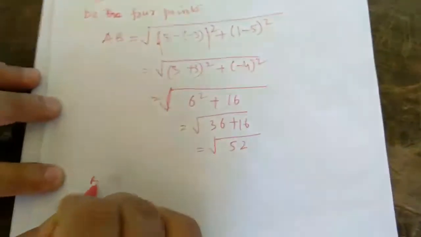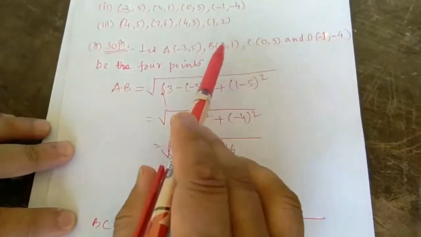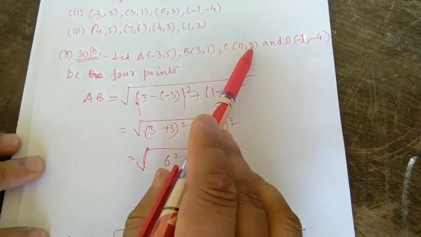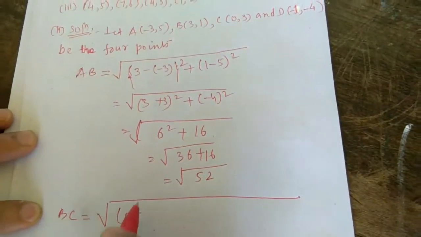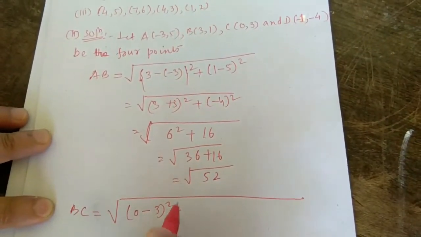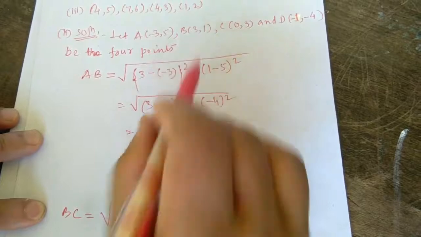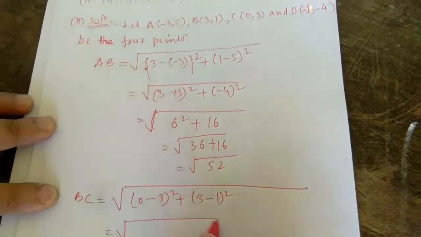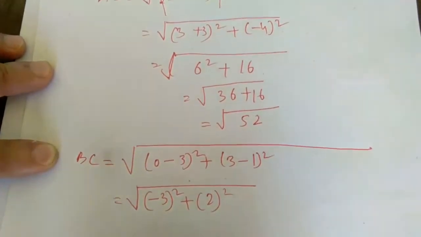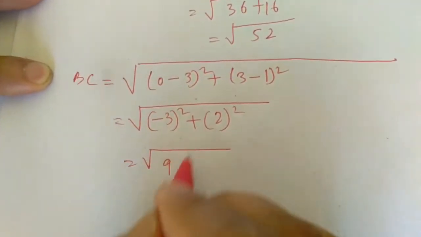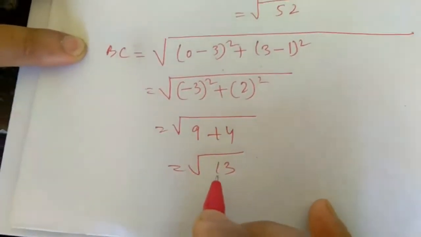AB, BC, distance between B and C. Formula, compare B and C. Okay, x2 y2, x1 y1. So x2 means here 0, x2 minus x1, 3 whole square plus y2 means 3 minus 1 whole square, y2 y1. Okay, compare B and C. It is minus 3 square, 3 minus 1 is your 2 square, 3 3 is a 9, power even, so plus 2 2 is a 4, 9 plus 4 is 13. Okay,